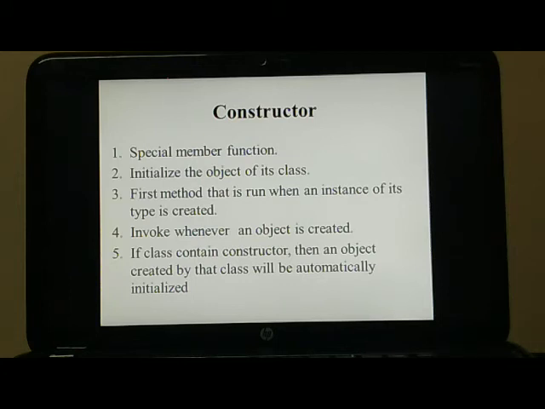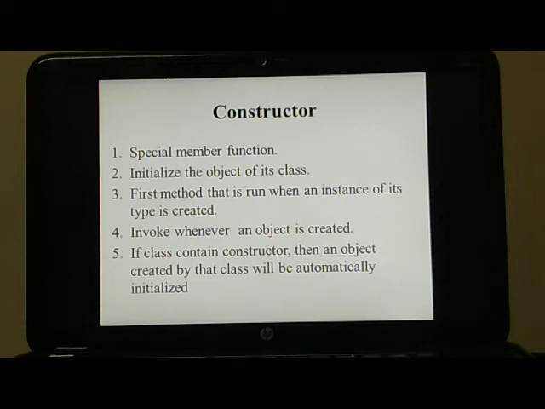So we can say that in VB.NET, a constructor is defined as a Sub with the name New. It does not have any return type. It is called whenever an object is created using the New statement.